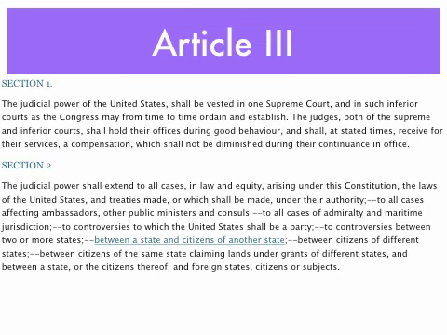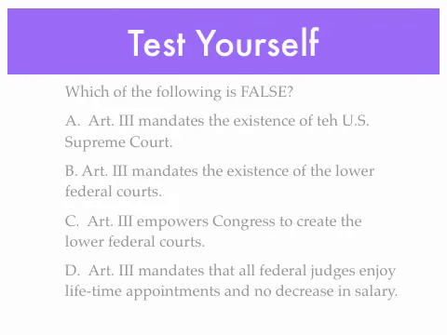So if you look at Section 1, there's actually multiple clauses that are important, but two big sentences. The first sentence deals with the power of the courts. It also tells us what courts are required and what courts are not required. And it tells us a little bit about the authority of judges and what their time on the bench might be like. So let's take a look at this question and see if we can figure a little bit out about that last sentence. And I apologize for the typo in A.